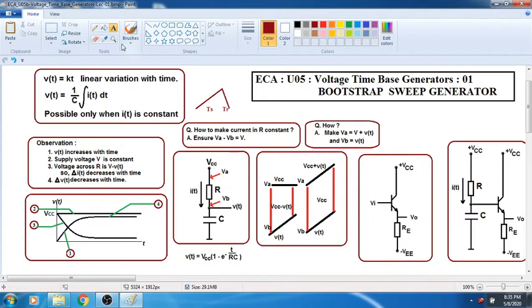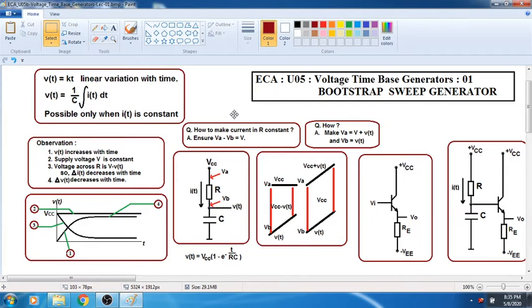The most important point to remember here is that the time taken for scanning from this time to this time, that is the increase of the voltage, first thing is it must be linear and it must be longer in duration compared to the retrace time. The retrace also must make sure that it will fall from the highest value to the lowest value in the quickest possible time. So, we will discuss the specific applications of all these things in another video called applications.